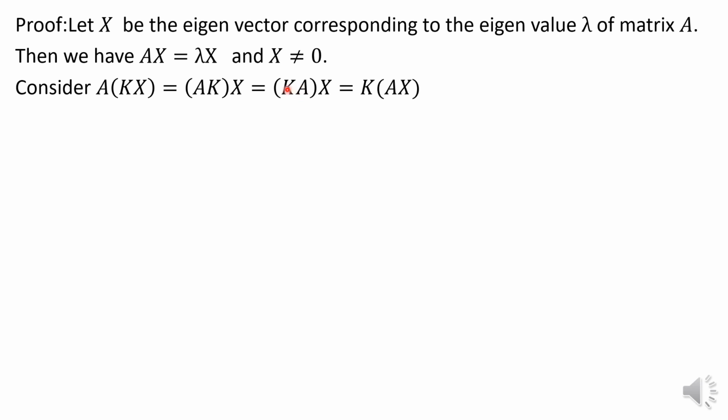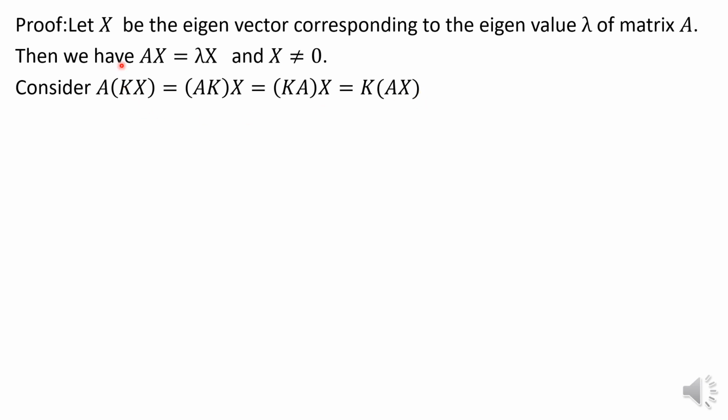Again, k is a scalar, so we can take it outside and combine A with x, that is, k into Ax. Got the idea? I'm repeating: A into kx can be written, by interchanging the bracket, as Ak of x. Again, this is equal to, Ak can be written as k into A. Now you take k outside because it is a numeral and combine A with x, so we get k into A of x, Ax.